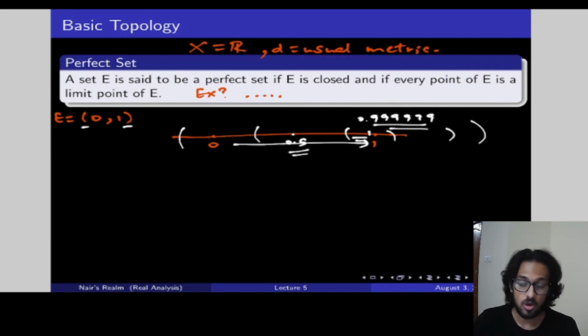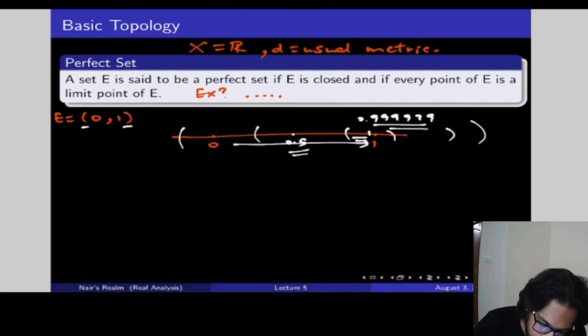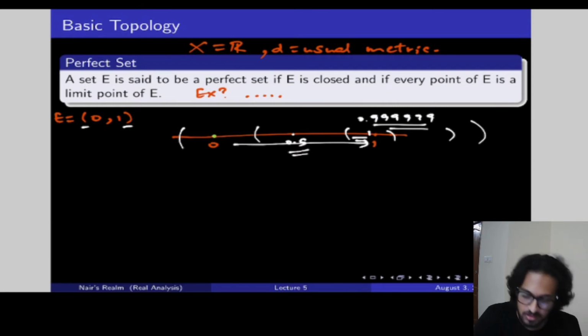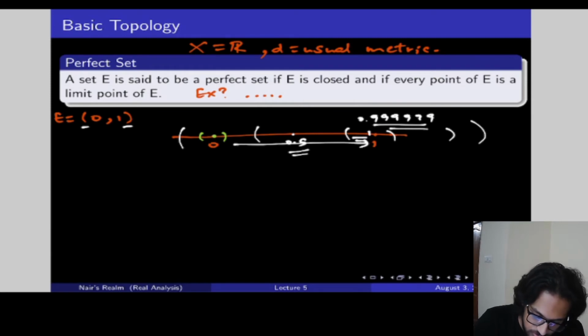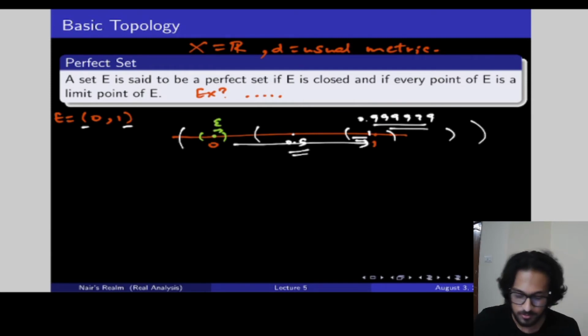But what about 0 and 1? Is 0 a limit point of this set E? That's what we're going to check now. So let's check 0. I'm going to take a neighborhood centered at 0. I'm going to do this with a different color. All the white brackets are for the number 0.99999. All the green brackets will represent the neighborhoods for 0. Cool. So now if I take any neighborhood around 0, let's say this is epsilon radius,